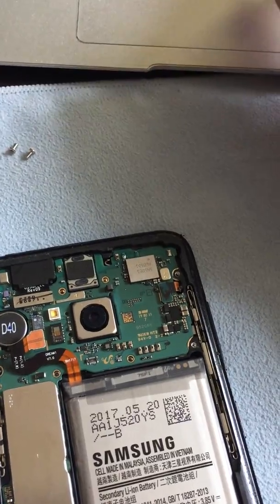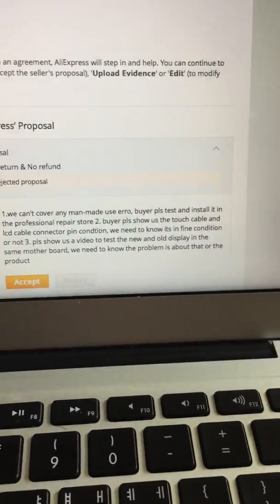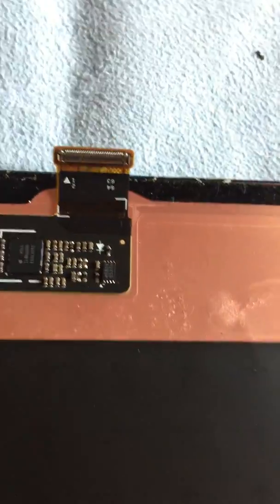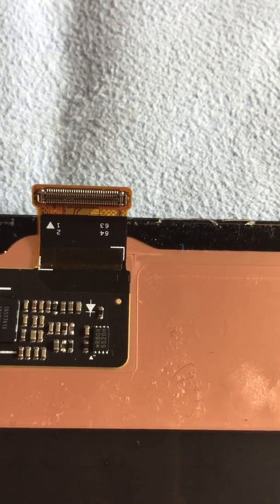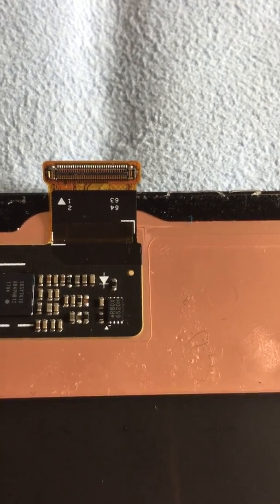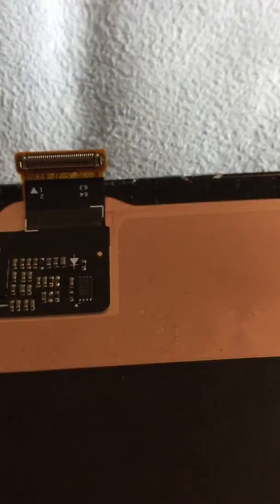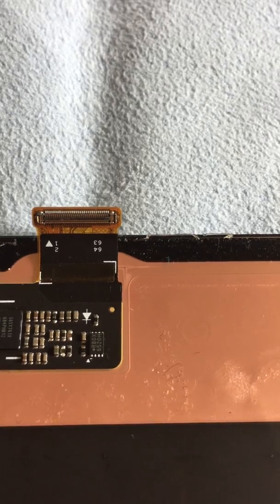So let me explain why the seller's question is quite ridiculous. This cable, as you can see, this one, we call an FPCB cable. And if there were cable and connector problems, the problem wouldn't show as only one line, because the pin connector inside this one handles multiple data packages, which means